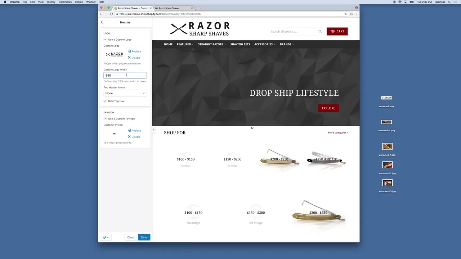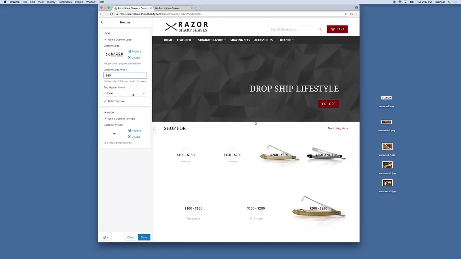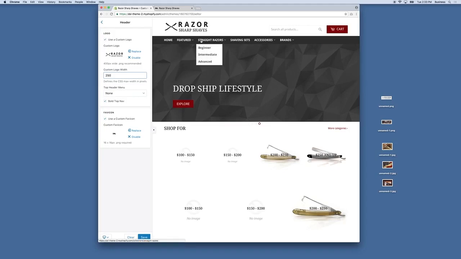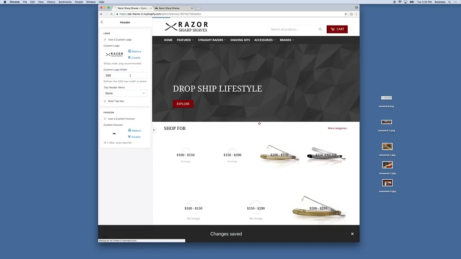So again, this is from the DSL theme that's allowing me to do that, and some other themes may not. And then also, this is something I wanted to show you guys because I said earlier, every theme may have a different need for the navigations. So for us right here, we have to have a top menu navigation. We don't have to, but for the DSL theme, you can. So right now, because our top navigation doesn't really have any content pages like our contact us or about us, we're going to click save, and I'm going to go back